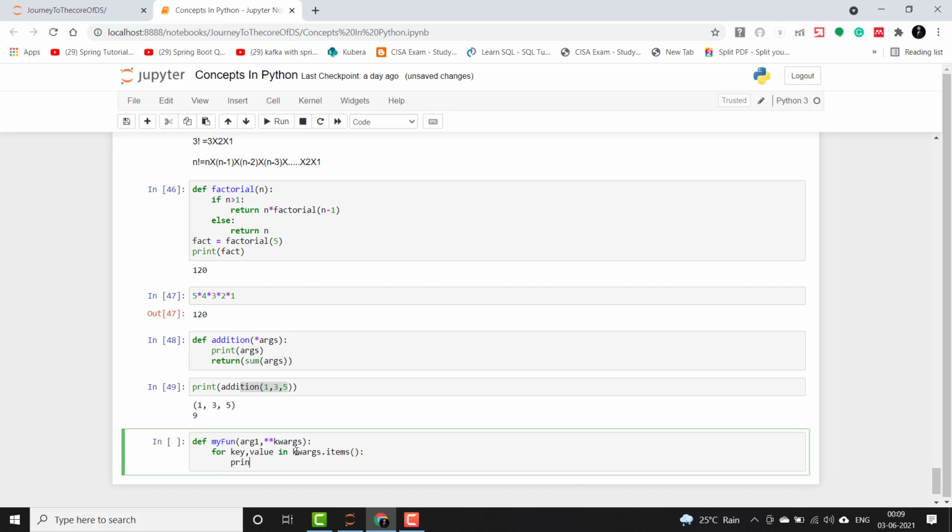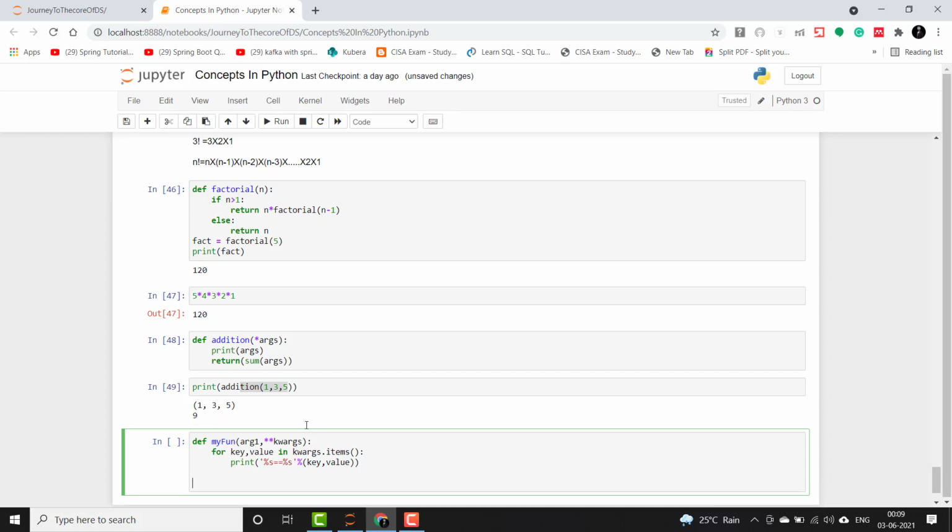Then I will print it, using %s just for formatting correctly, %s, and then outside I will do percentage and then key, value. Now I will call this function.